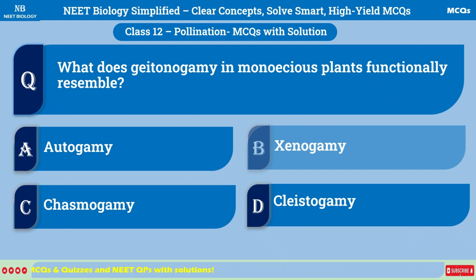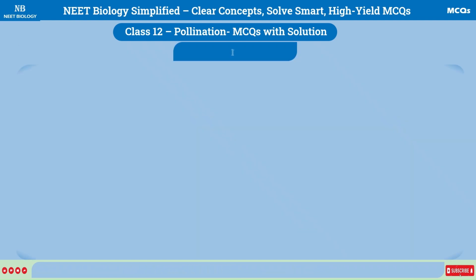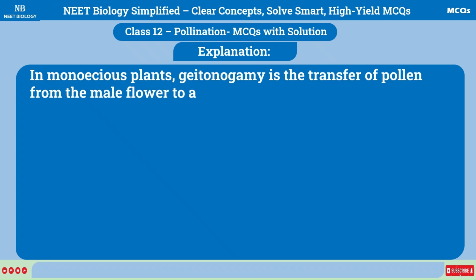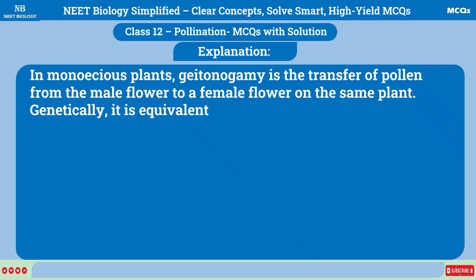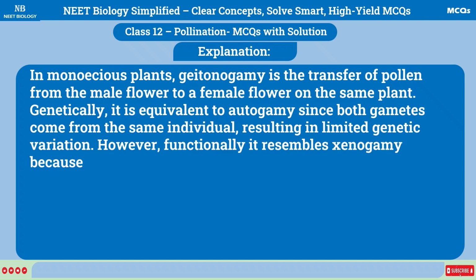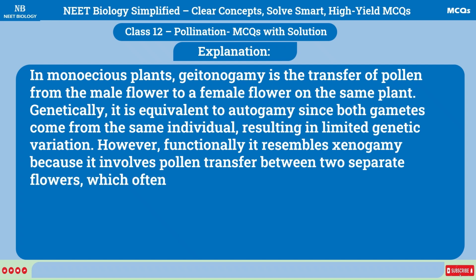Correct answer is B. Xenogamy. Explanation. In monoecious plants, geitonogamy is the transfer of pollen from the male flower to a female flower on the same plant. Genetically, it is equivalent to autogamy since both gametes come from the same individual, resulting in limited genetic variation. However, functionally it resembles xenogamy because it involves pollen transfer between two separate flowers, which often requires a pollinating